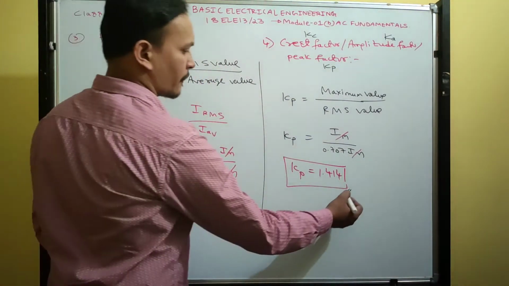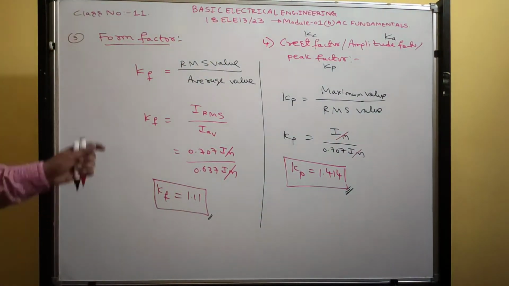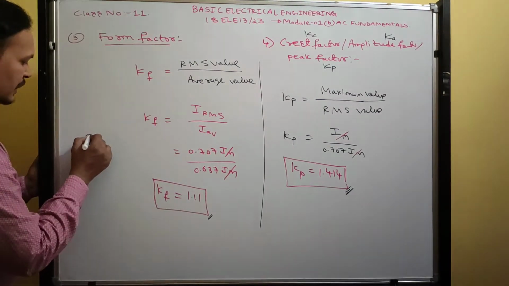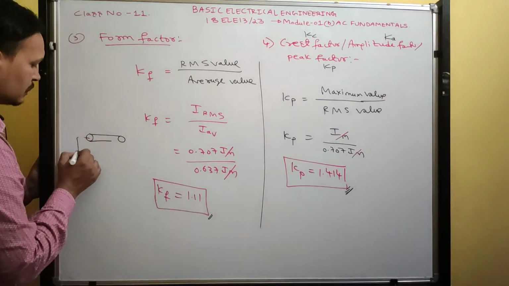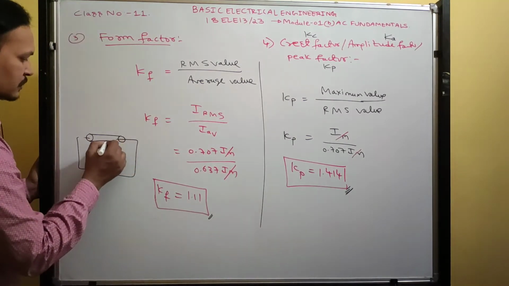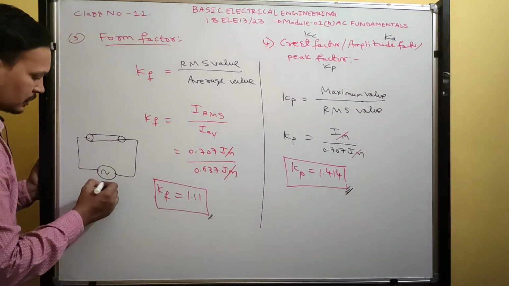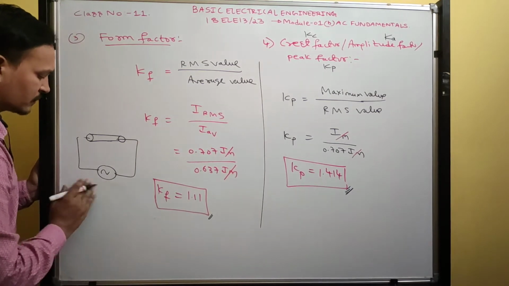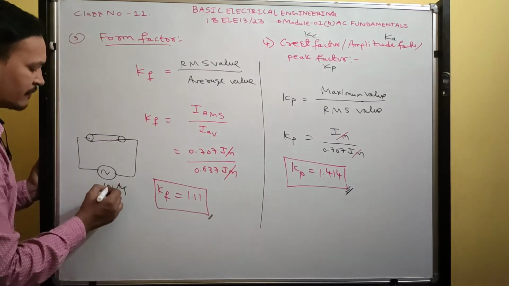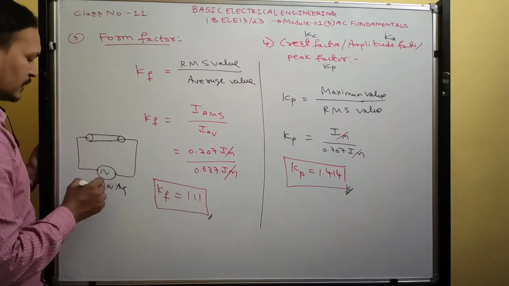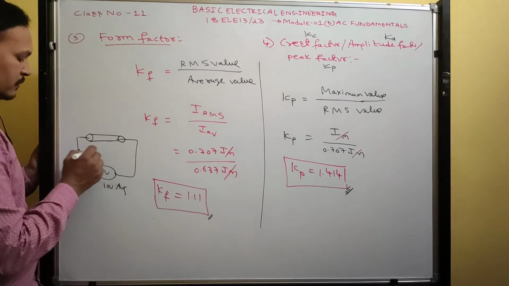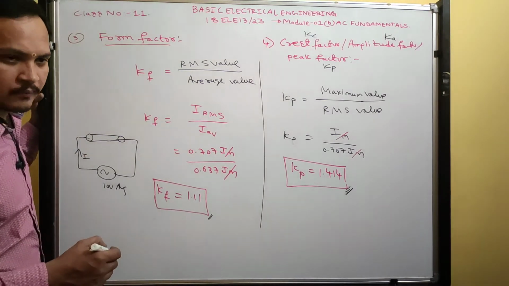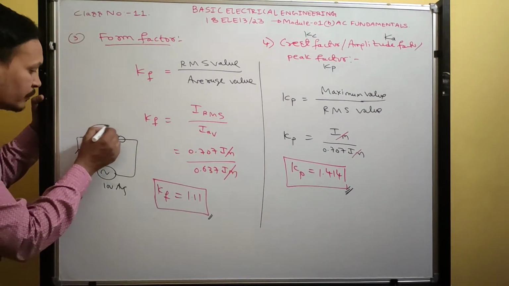Okay guys, understood? Fine. Now I forgot to tell about the average value. If you take a conductor and apply an AC voltage to it, let us take 10 volt RMS, or 10 volt average value. You take that value and pass some amount of this voltage source driving current. This flow of current is nothing but what? Charging. So the charge is going to transfer from one point to another point.